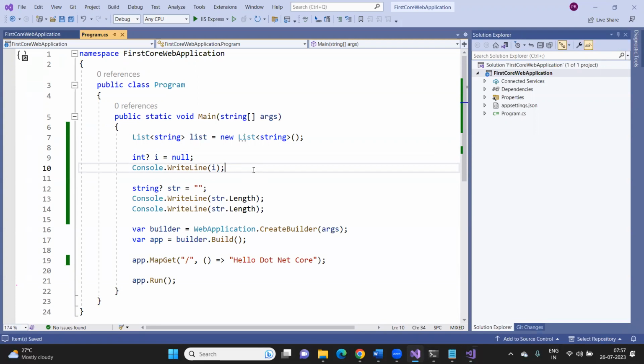Not all. You have to remember this. Clear, guys? Only common namespaces which are required to run the application are provided by .NET Core, and when we use some namespaces as per our requirement, then we have to include them